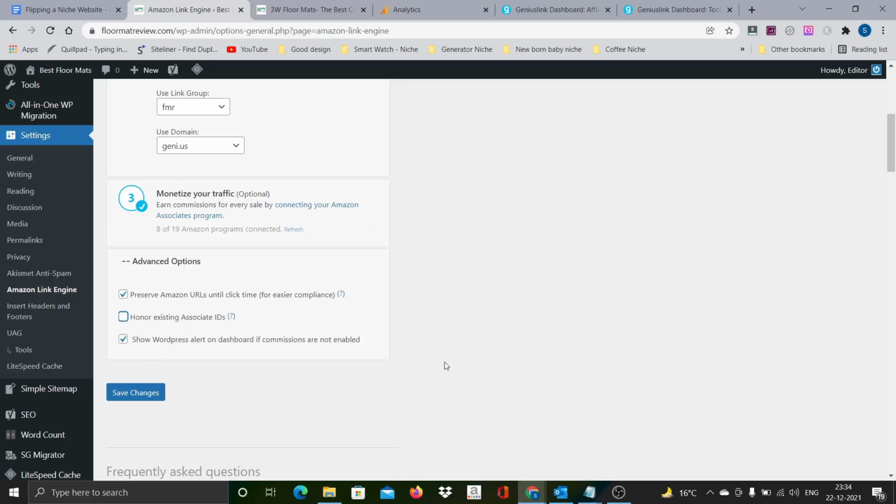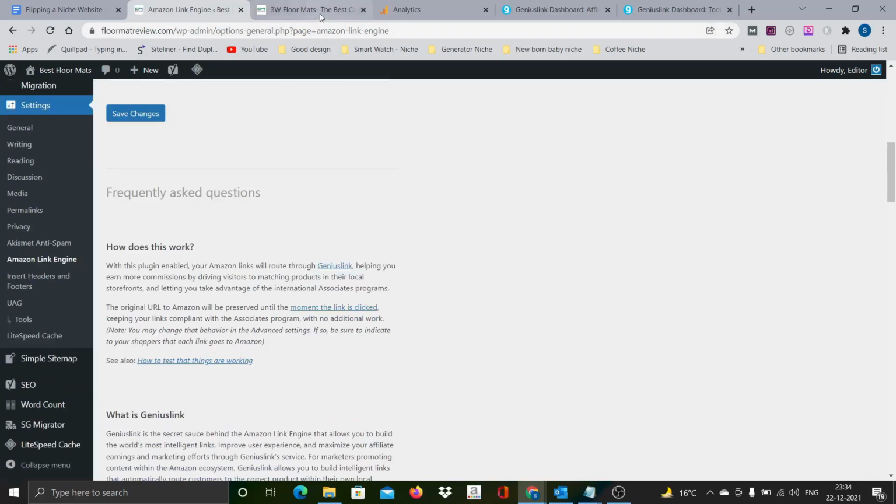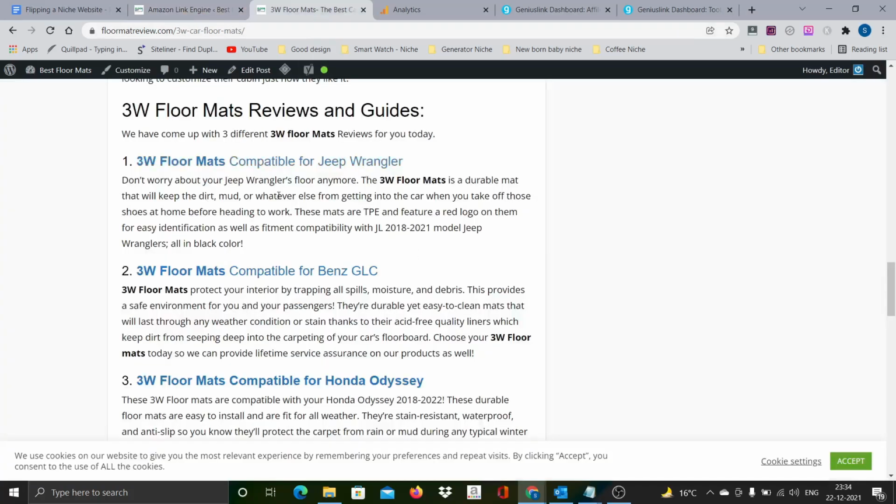Uncheck this box. This doesn't physically overwrite, but what happens is, after the user clicks that particular link, before it opens the Amazon store, that particular tracking ID will be temporarily replaced by the tracking IDs we just created as part of this group. Save the changes, then we are done. That's about it. From now on, if anyone clicks this particular link, it will automatically go to the respective local country Amazon store with the tracking IDs we created just now. That's the process in a single step.